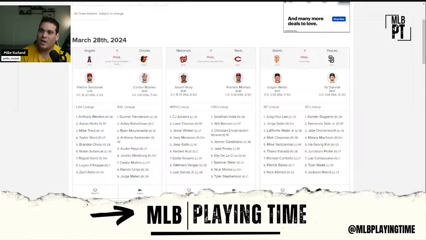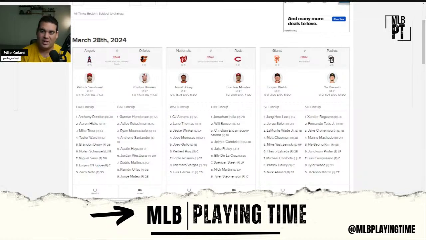And the Angels, Rendon and Hicks. I've heard some podcasts mention that it was kind of a surprise. I think Sano starting day one is the biggest surprise, because I really did think Rengifo was going to start day one. Now, is this going to sustain? Who knows? Maybe in the short term, Rengifo is kind of on the outside looking in initially. But Hicks and Rendon batting top two is what they showed us at the end of spring.